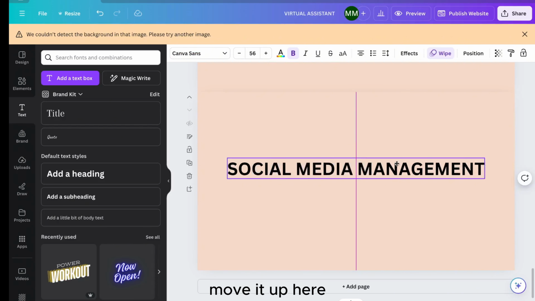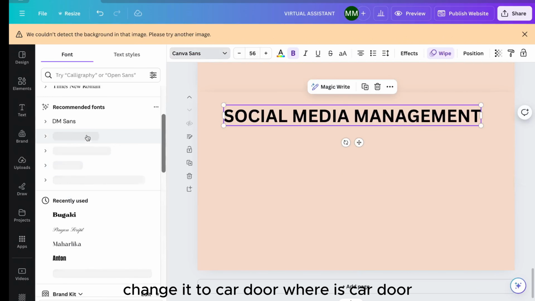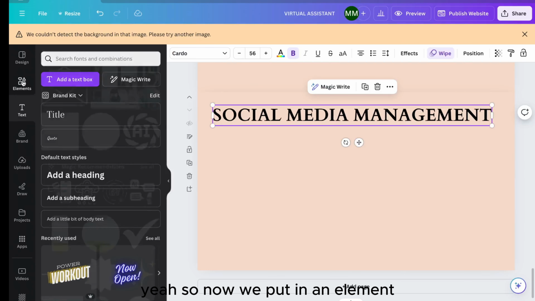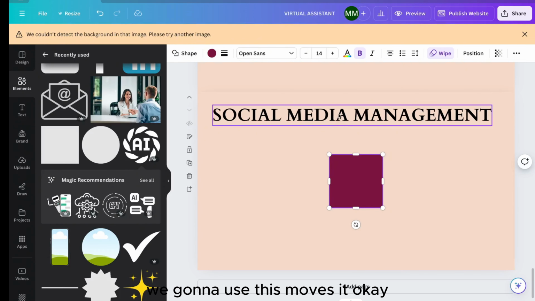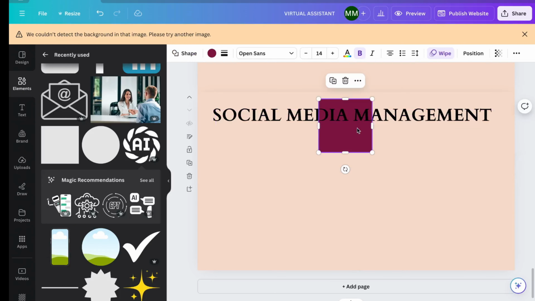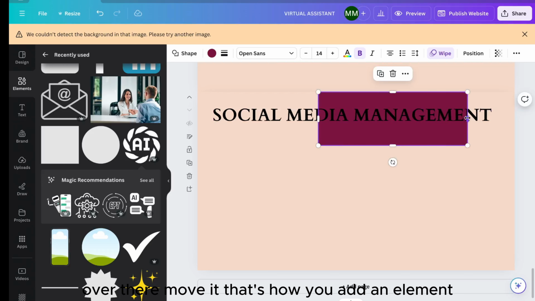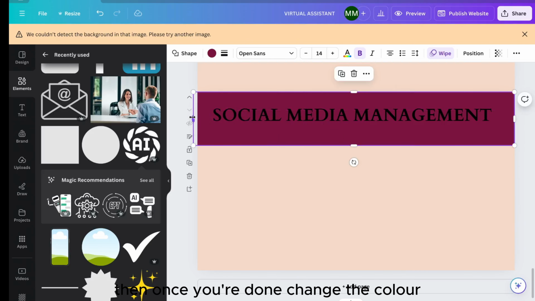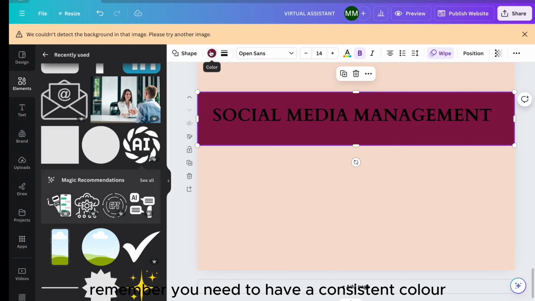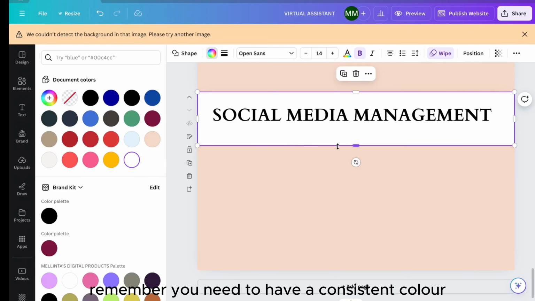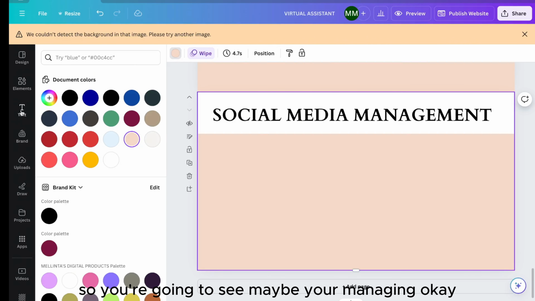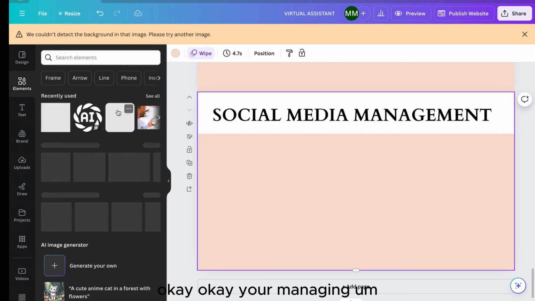Move it up here, change it to Cardo. Where's Cardo? Yeah, so now we put in an element. We're gonna use this, move it, okay, over there, move it. That's how you add an element. Then once you're done, change the color. Remember, you need to have a consistent color. So you're going to say maybe you're managing, you're managing